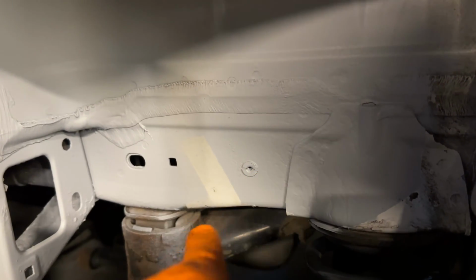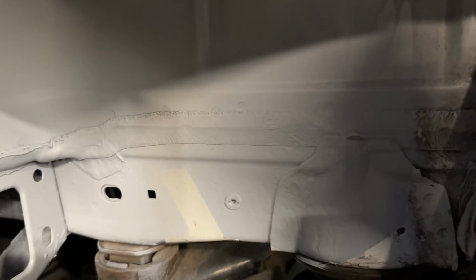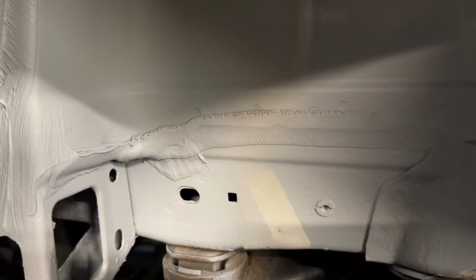At first I was thinking that I'd just settle with the primer, but after the primer dried up properly and I looked around, the primer's not quite matching the colour of the rest of the wheel arch. So now I'm going to go over the primed areas with a matching spray paint. Well, initially I was planning to paint it anyway, but then doing the job I thought I could get away with just primer. But now that I've seen the difference in colour,